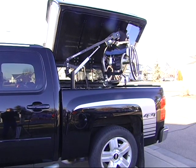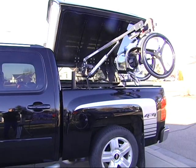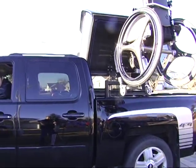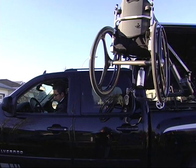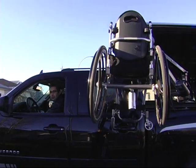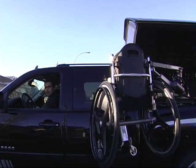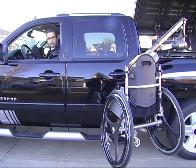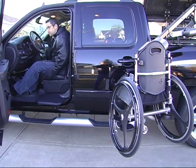And then one other button pulls the chair all the way out of the vehicle, to the preferred spot, and you stop it as well, and then you just drop it down. One thing you learn quite quickly is where to stop so you don't hit your vehicle. At this point, I usually just leave the chair there, and that's when I start to get out of the vehicle. I just drop the seat again,